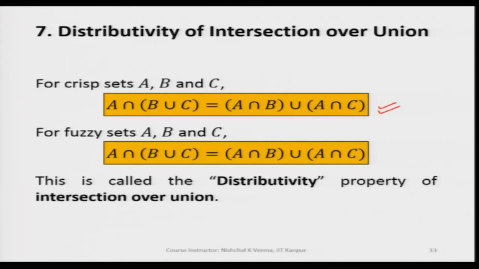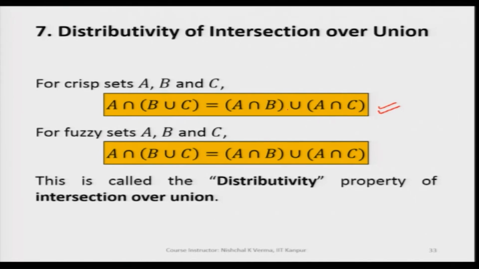So, this means that the intersection of A and B union C is equal to the union of A intersection B and A intersection C. So, this holds good for crisp sets,